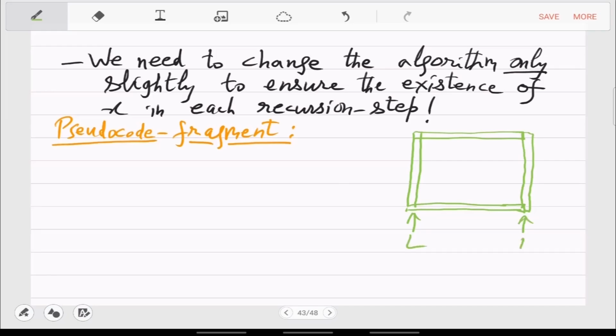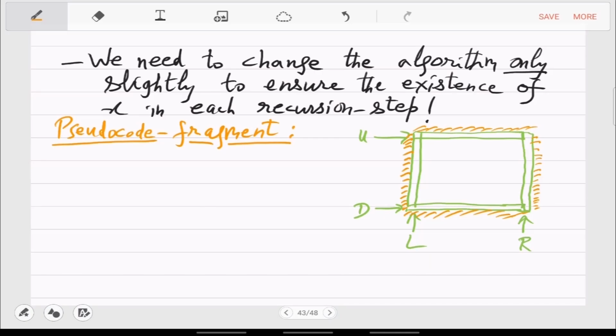So your markers L, R, up and down are here, and the outside is this, the immediate outside, which is the border. And from the previous iteration or recursive call, there is a guarantee.